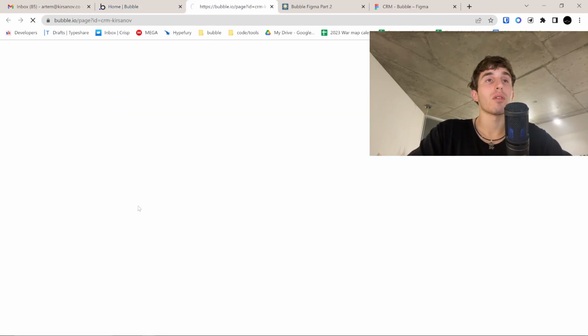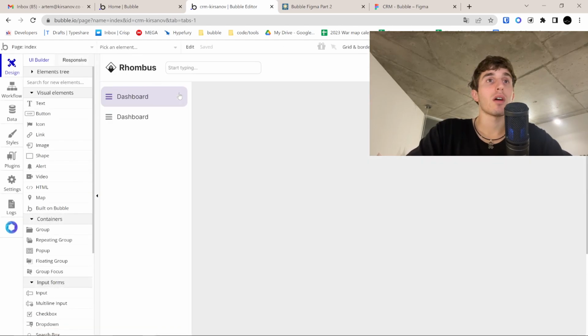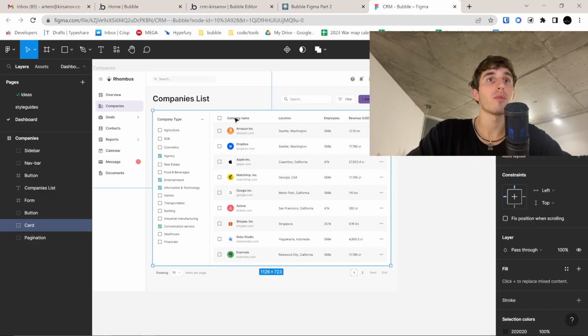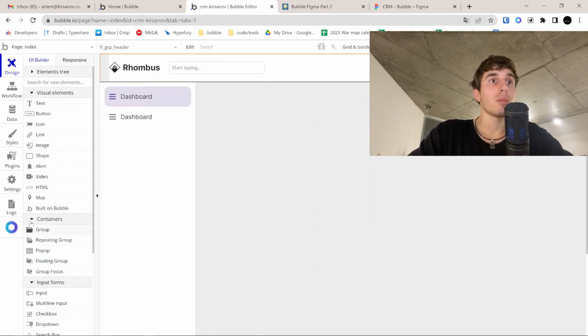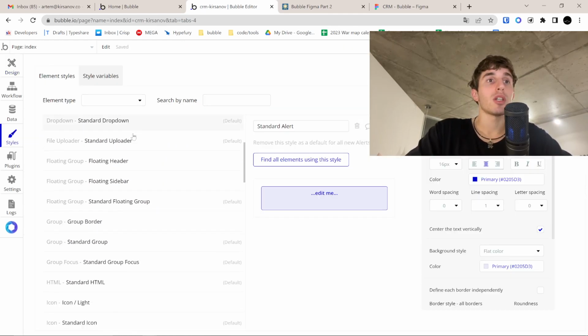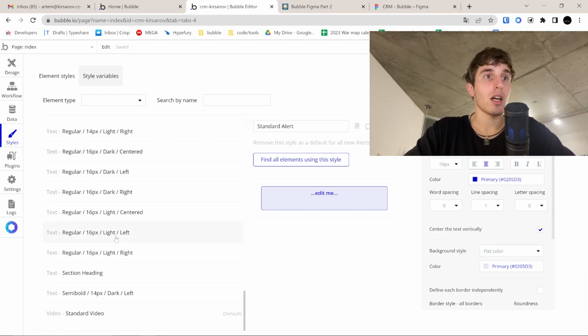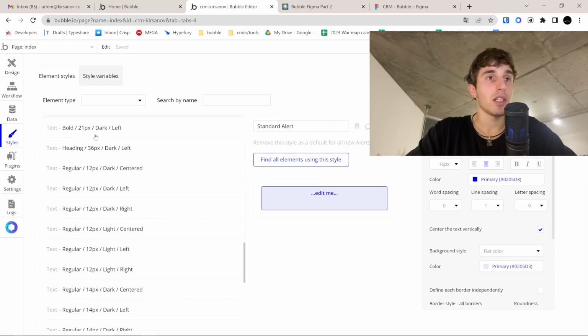Yes, so we have some kind of app here, and I already started before to implement all these ideas here. I will explain it in a minute. So, we go to the style page, and firstly, it's a good idea to delete, when it comes to text, everything. I already did this, and